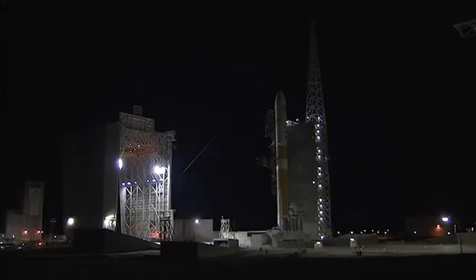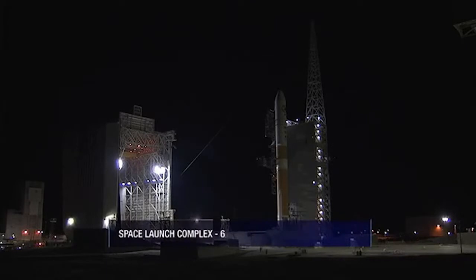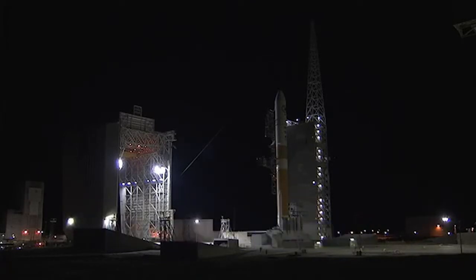ULA is using the Delta IV Medium Plus 5.2 configuration to launch the NROL-45 mission. This is the 31st Delta IV launch since the inaugural flight in 2002 and the 105th ULA mission since company formation in 2006. The Delta IV rocket is produced in Decatur, Alabama, and is comprised of a common booster core